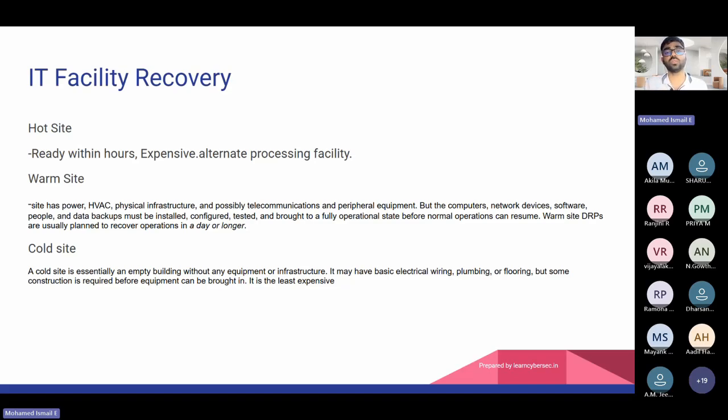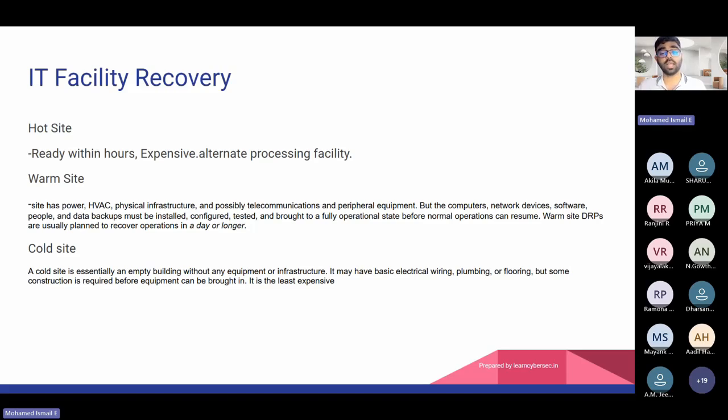With a warm site, you cannot swap like that because you have some plan, but it's not ready and up to date. You need to restore the backup, you need to install the computers, some devices, backups, routers, switches. Then only can you bring up the warm site to a working state. So a warm site may take some time to recover the business.